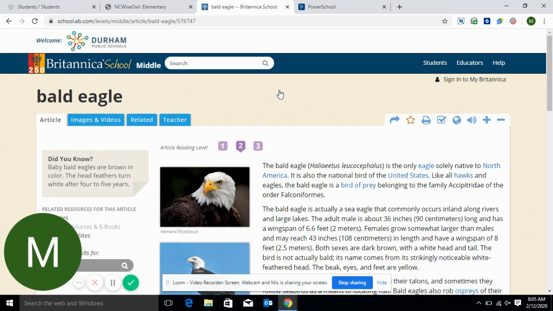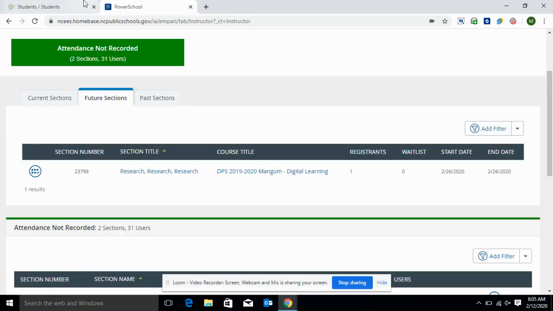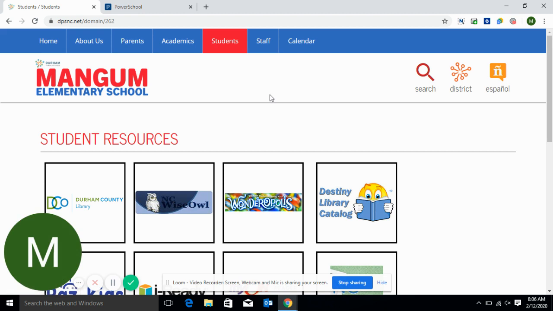This is more so if you have some high flyers in your room that need a little bit more in terms of what they need to read. That's where you can use it for the article reading levels. So that first one is, once again, our NCWiseOwl. Really fantastic site. Like I said, I always make sure that's our go-to with our students when we start